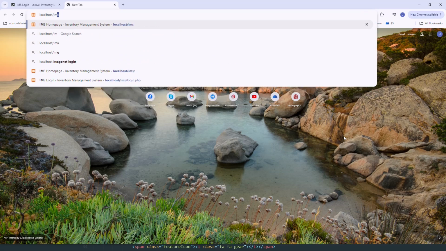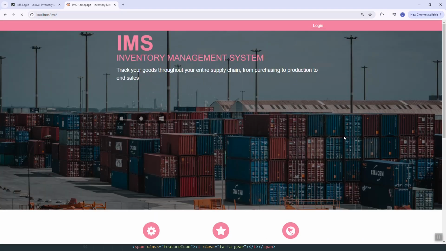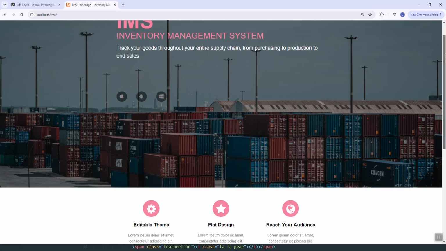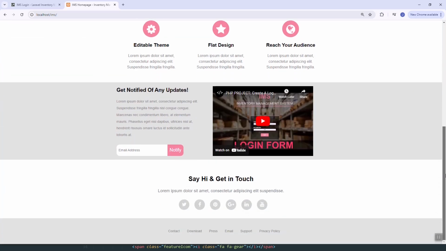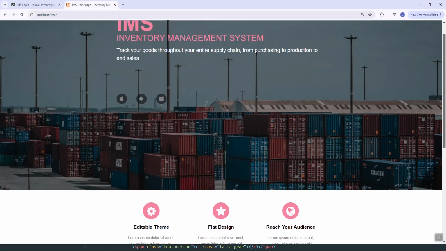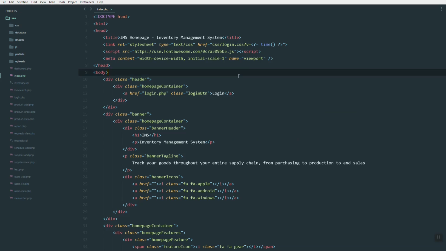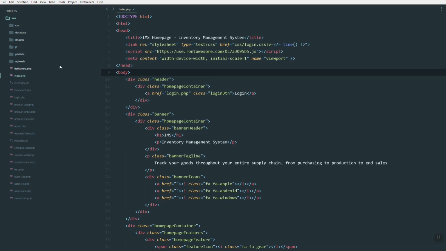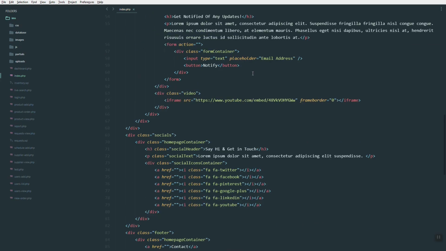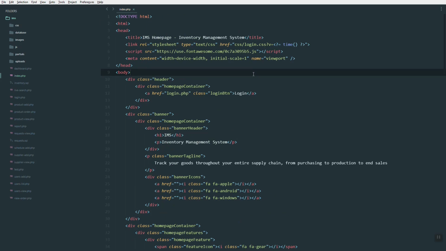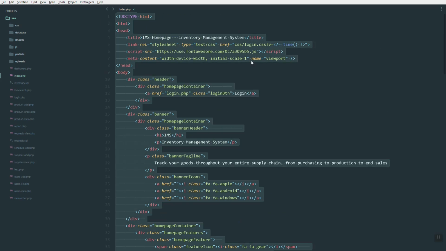Hey guys, in this video we are going to move our inventory app homepage into our Laravel app. So this is the old code, and what we're going to do here is we can just copy this one